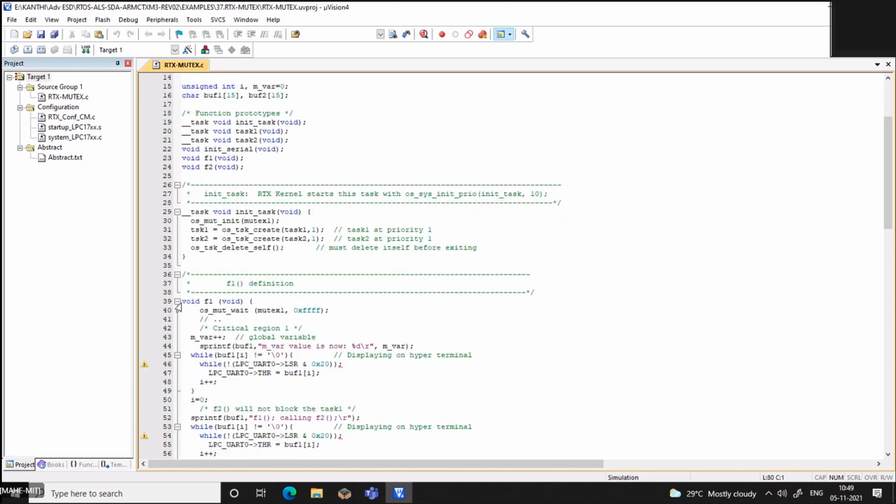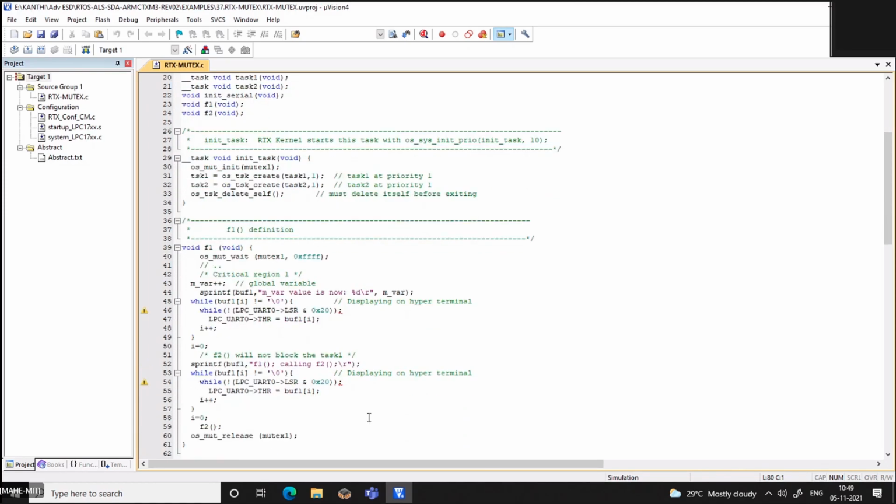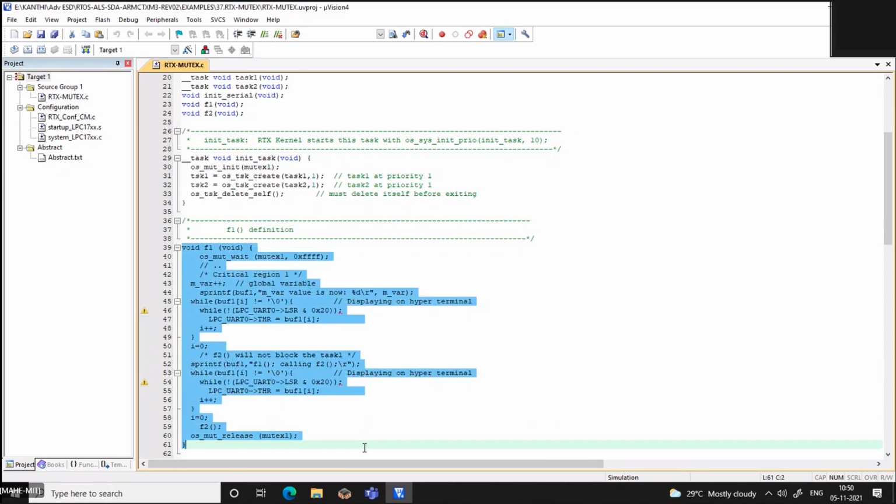So here, when we start calling F2 in that function, on line 40 we acquire the mutex and we tell it to wait as long as it takes, right? And on 59, we call F2, and the first line of F2 is again telling it we need the mutex and to wait as long as it's required, right? This is the function F1 you mean, the highlighted one.